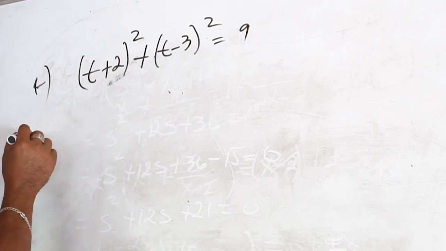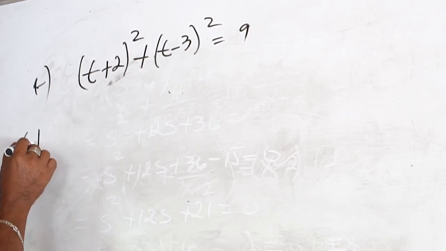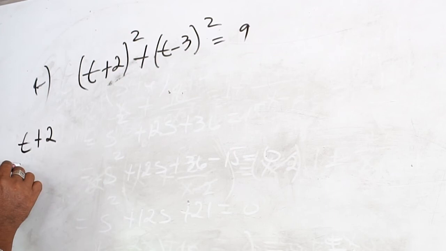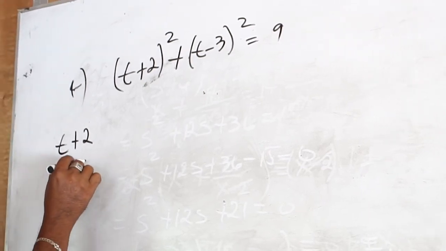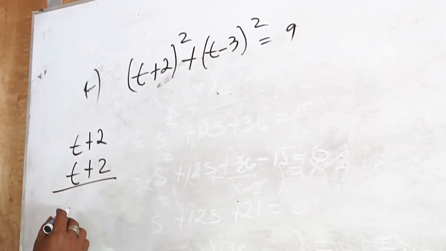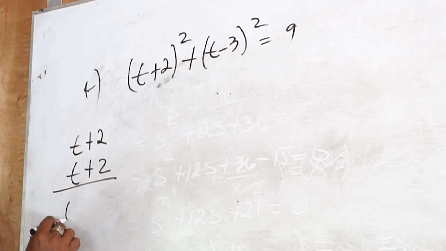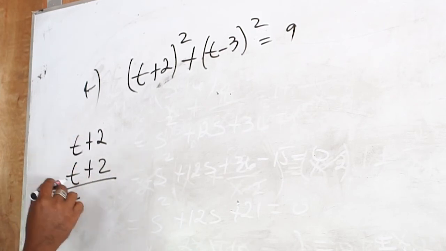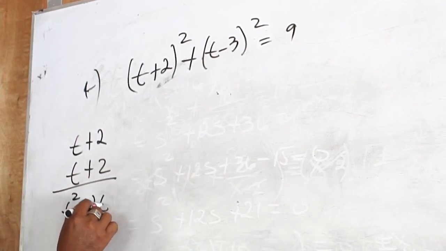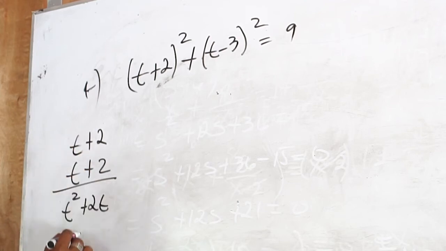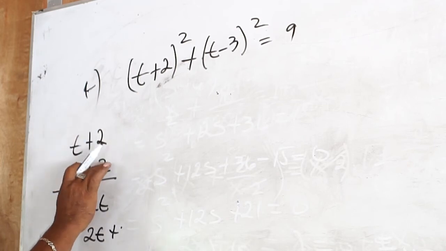So we have here t positive 2, then we have t positive 2, then multiply. So that is t times t, t squared. Then we have positive 2t. Then t times 2, we have the result is positive 2t. 2 times 2, the result is